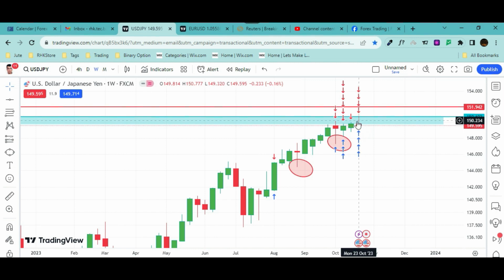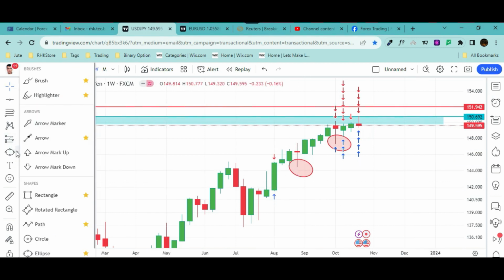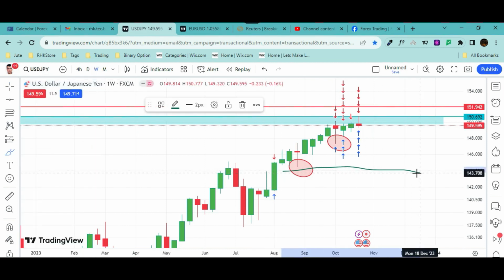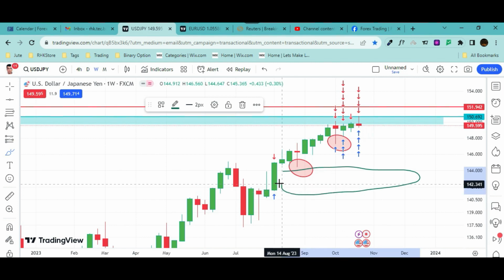So here, in reference, why the price has been rejected from here, we don't know. And also to be noted that there is a very big fair value gap here. The price has not addressed this zone at all. If we concentrate properly, this is the zone where the price has not come back